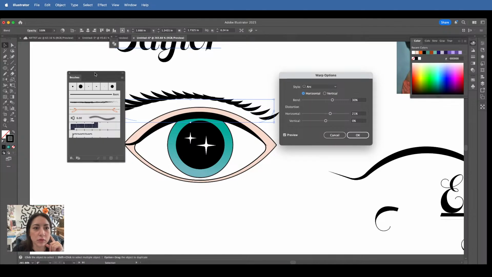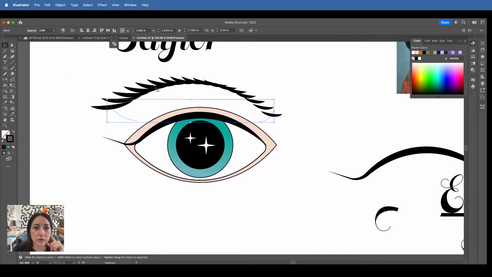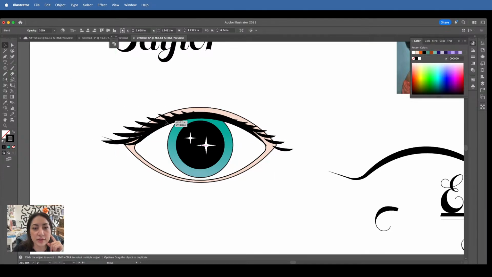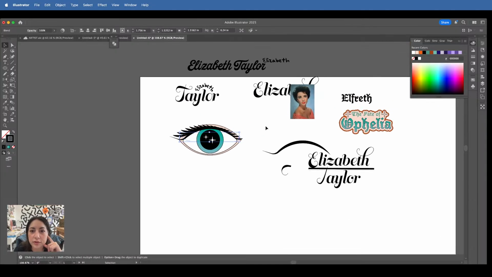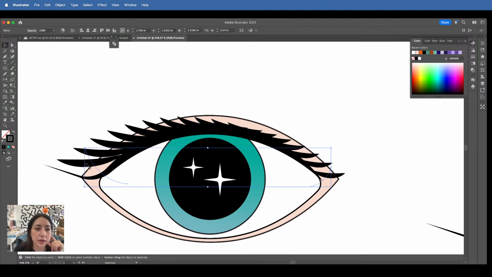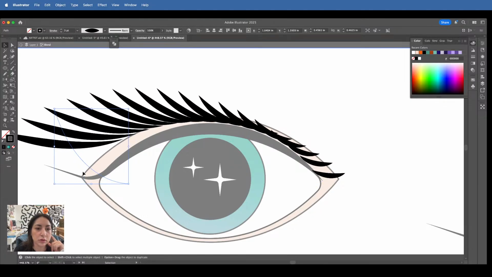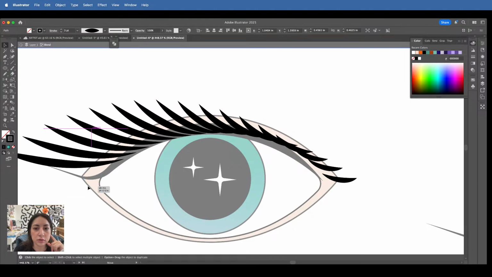Oops. Let's get that. Oh, okay. Well, that's in the way. Keep this at 0. Let's see how this looks. That's really not bad, actually. Doesn't look like her eye, but we can make it look like her eye. I don't see why not.